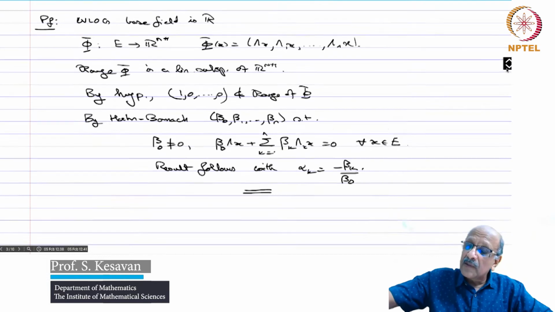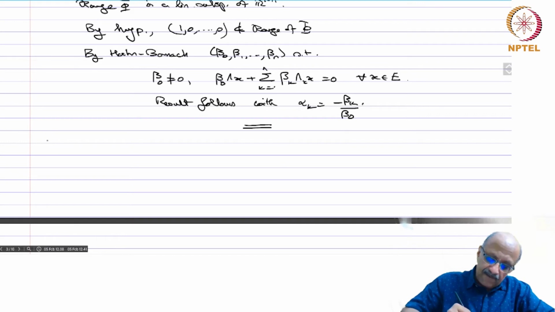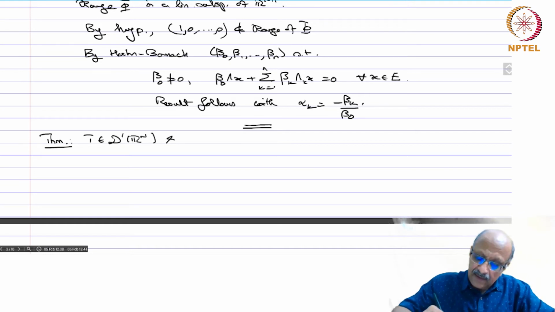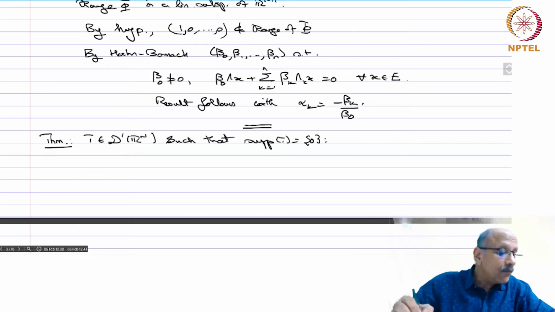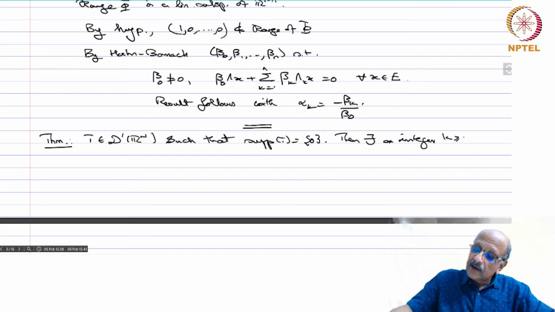So we will now use this lemma to prove the following theorem. Let T in D prime of R^n be such that the support of T equals {0}. Then there exists an integer k greater than or equal to 0,